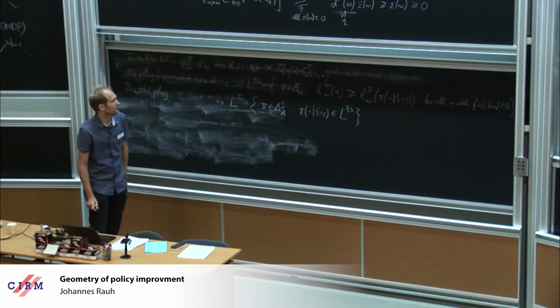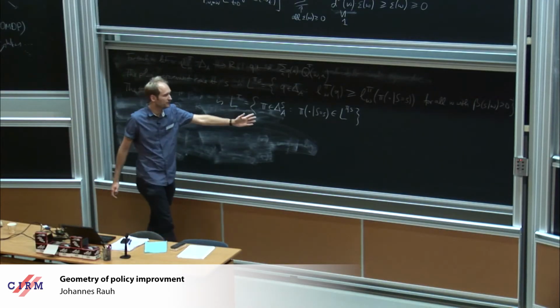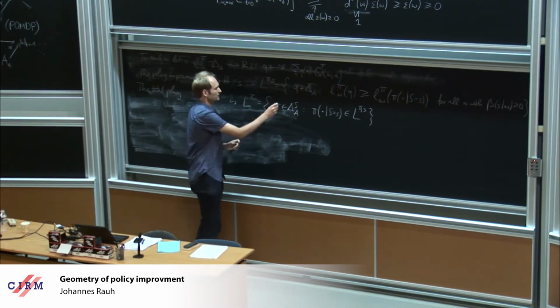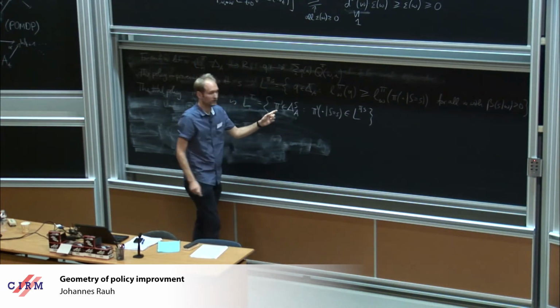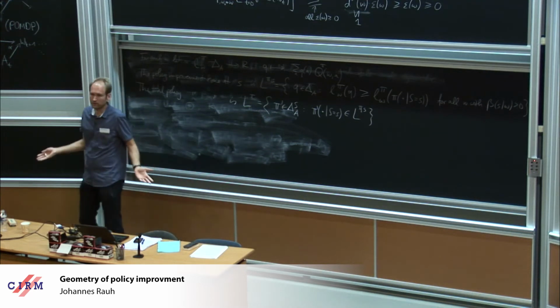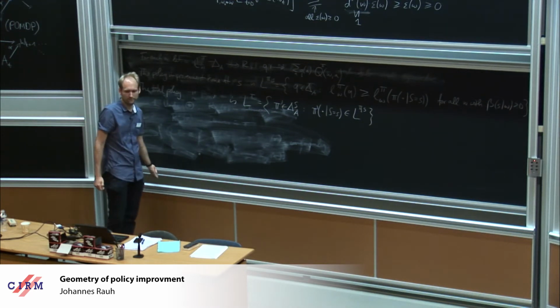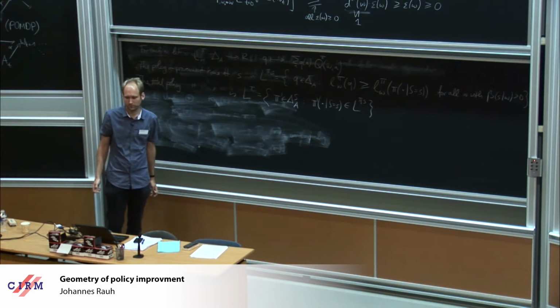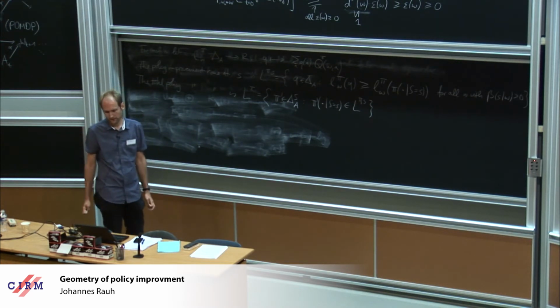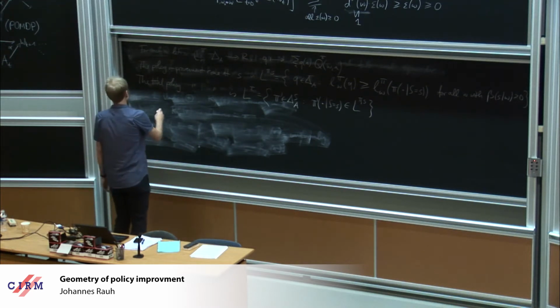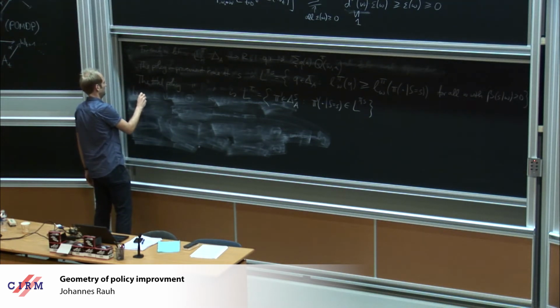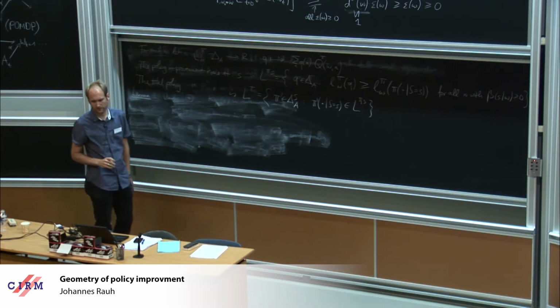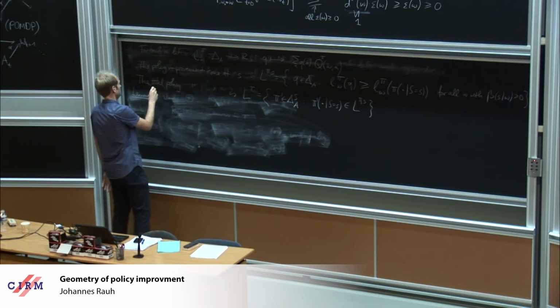And one thing to note is that this cone is never empty, because basically the original policy always is in there. So that's good. But the question is, how big is it? Does it contain more than one point? Can we really improve it? I will not answer that question in detail, but I will write down